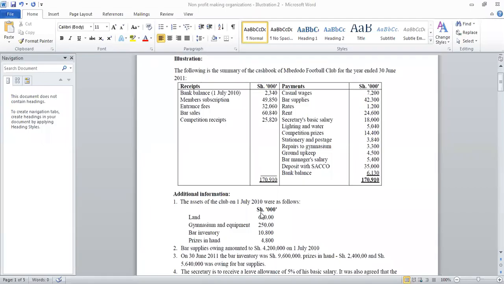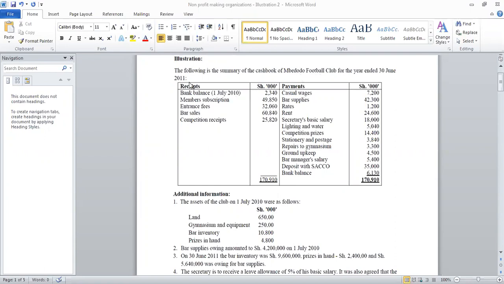In our today's lesson, we are going to look at another illustration on how we prepare the accounting statements for the non-profit making organizations. So in this case, we have an illustration here about the cash book summary for the Mbedodo Football Club for the year ended 30th